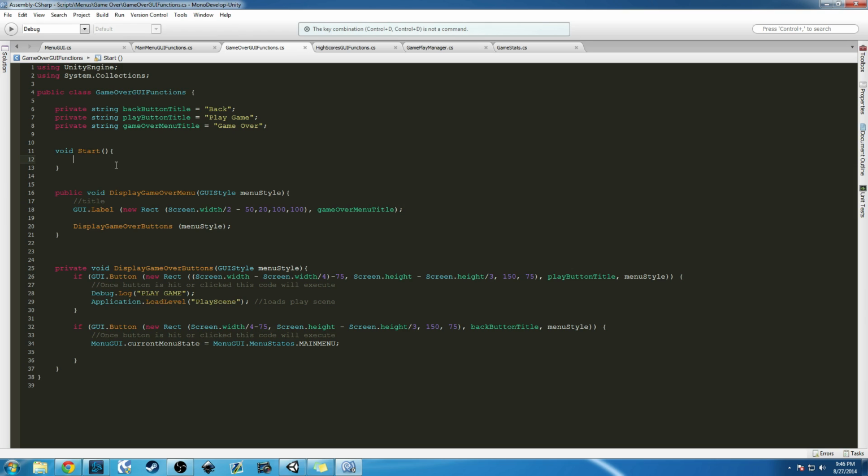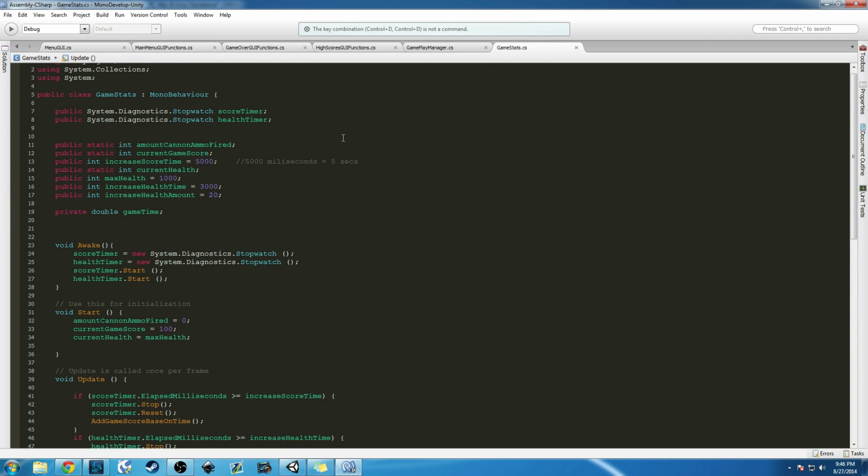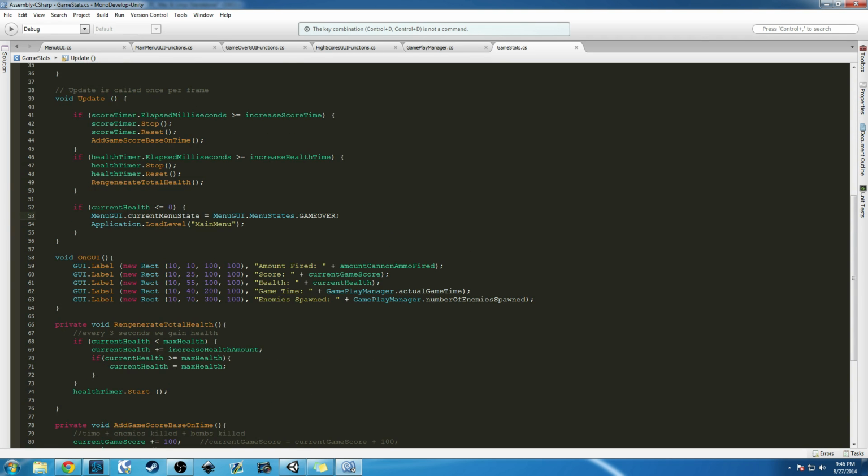And what we need to do is check our score. What we need to do is actually, in our game stats here, I think we're going to add, basically, we'll just save it right away. So as soon as we lose health, we're going to go ahead and save our